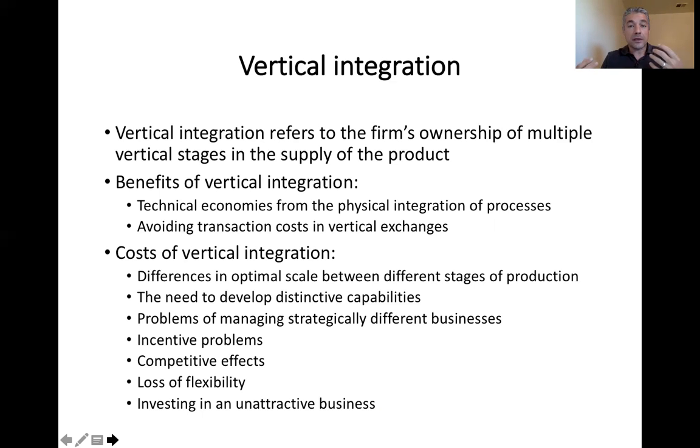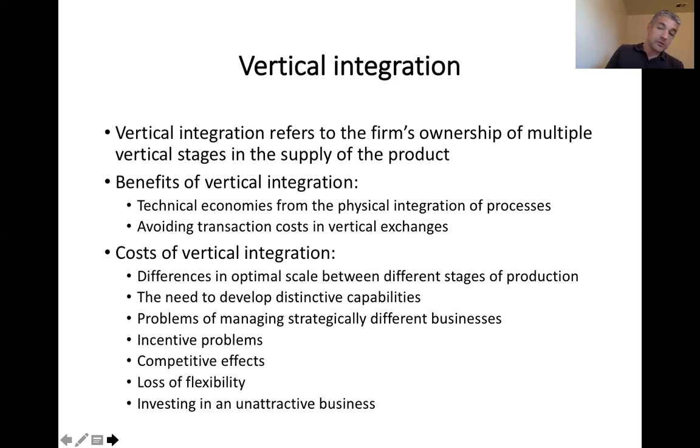And if you don't have strong vertical relationship, you probably need to renegotiate the terms of the trade all the time. There may be some disputes that you have to deal with. There may be legal issues that you have to address. And all of those obviously come at a cost. So if you vertically integrate, if you control all those stages of the value chain, maybe you're saving money. Maybe you're increasing the speed with which your manufacturing happens or dealing with customers happens. So there are definitely benefits.